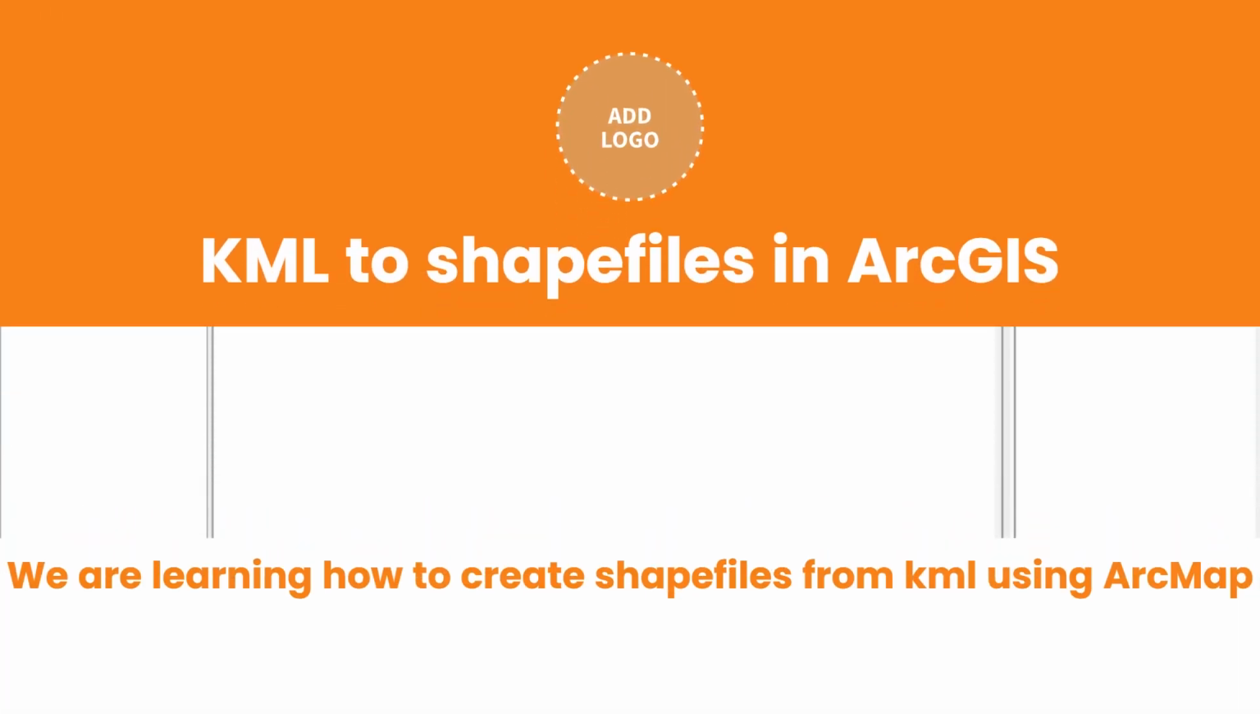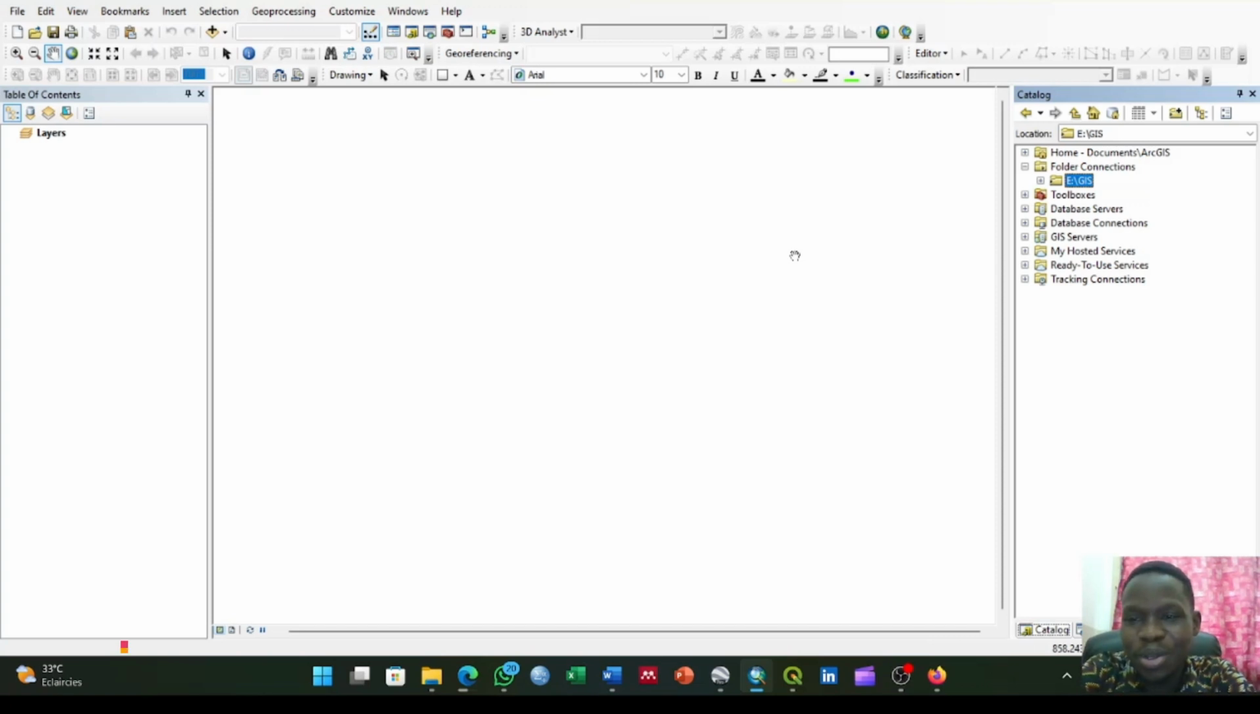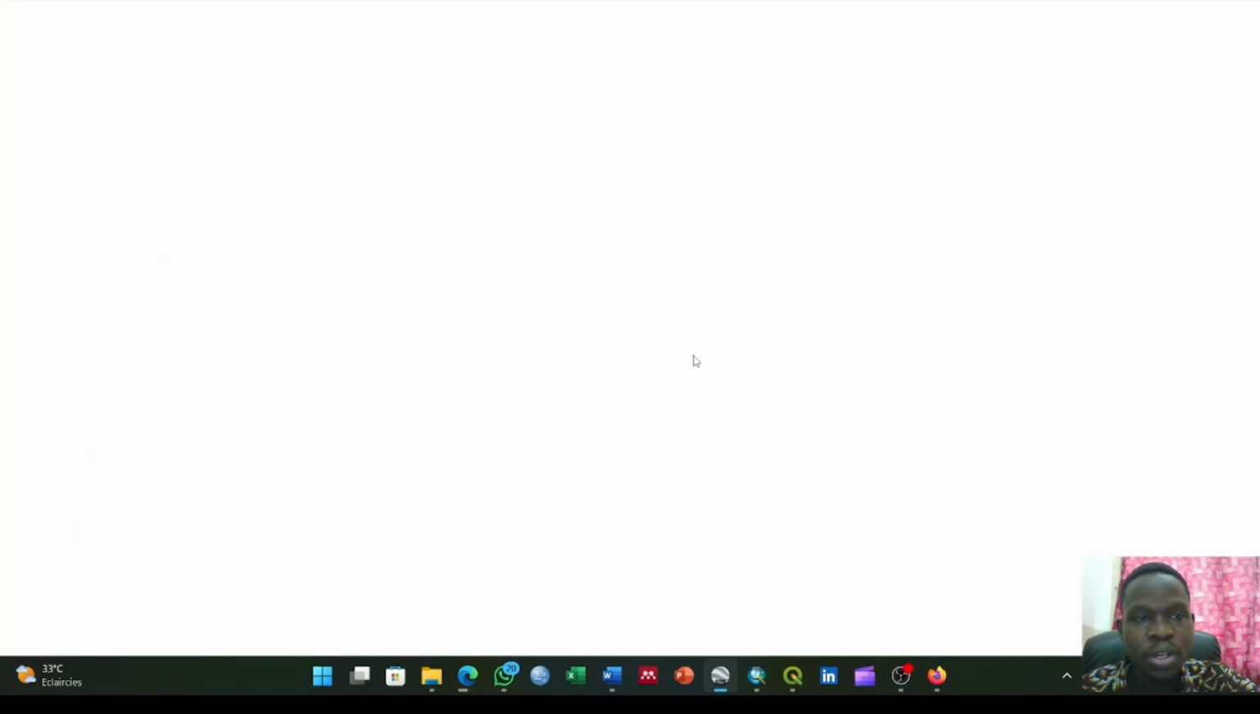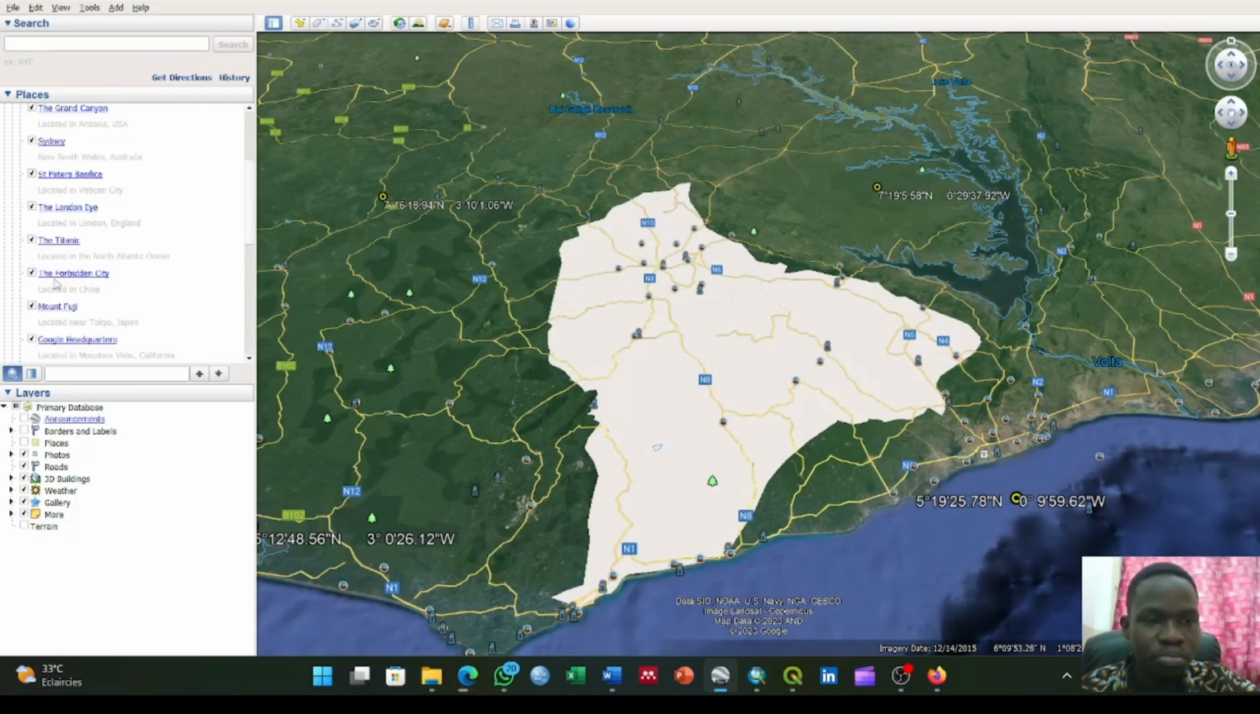Okay guys, so today we are quickly going to learn how to create shapefiles using KML files. When you launch your ArcGIS, but first you have to get your KML file from Google Earth. So when you launch your Google Earth Pro,